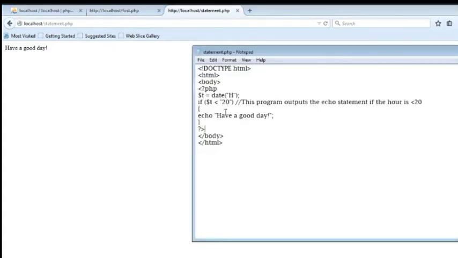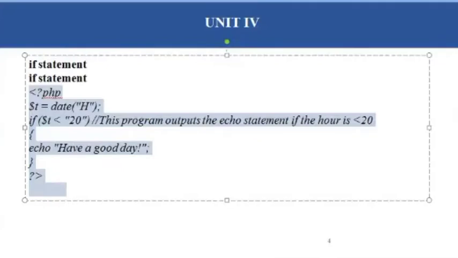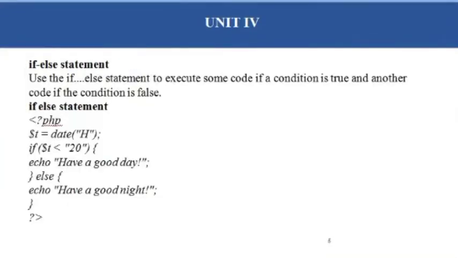Okay, so this is for only when the if condition is true, it prints "Have a good day". Here I set the default as 20, so t is 20, which is less than 20, and I just take it as "Have a good day". Okay, and the next thing is if else. So if the condition is false, suppose your time is not less than 20. Here I am setting my time. I think everyone can see it is 12:44 p.m. So here my t is not less than 20.